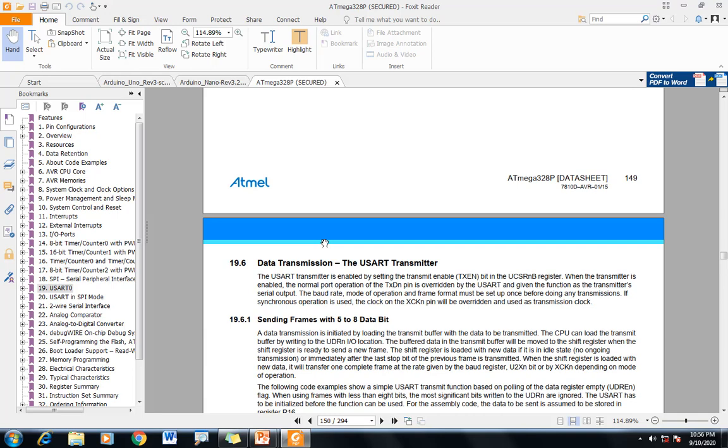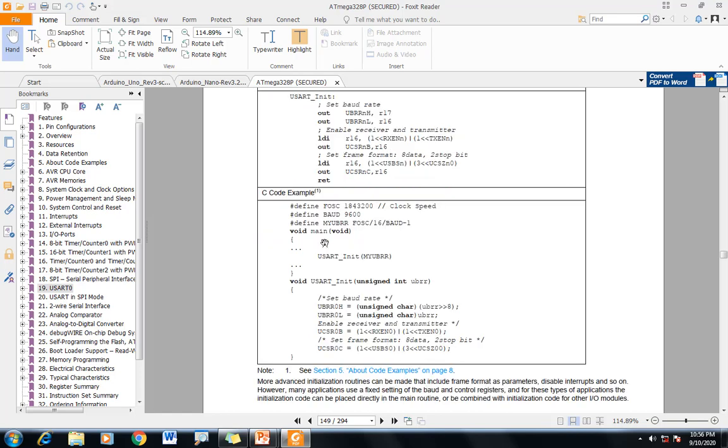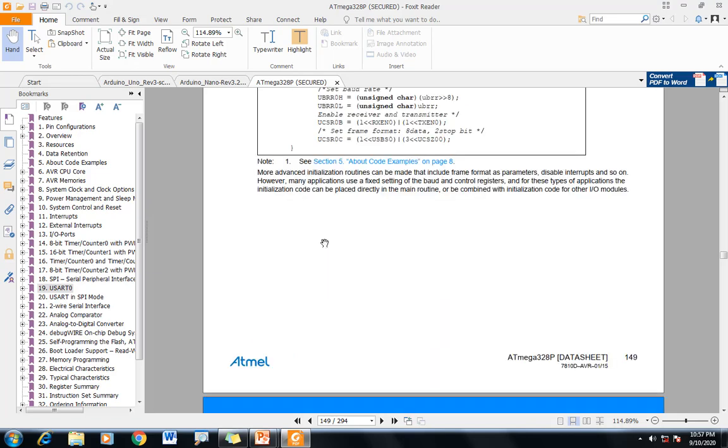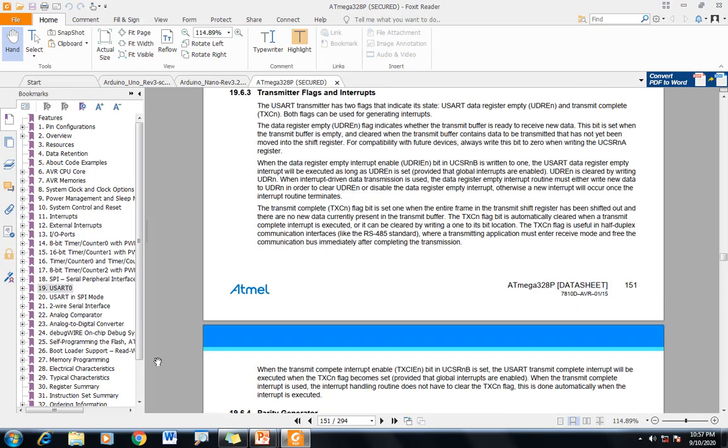If you are not using the Arduino IDE and want to write your own code using other IDEs like Keil, IAR Workbench or Atmel Studio, you can use this code.